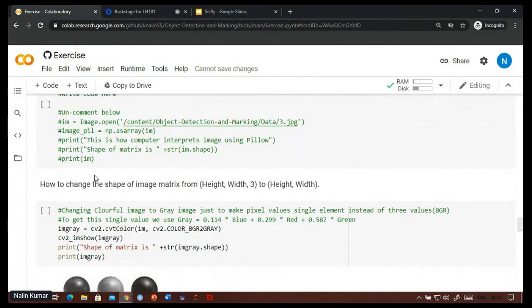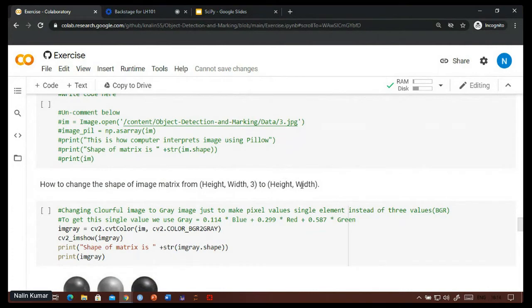Now let's see another thing: these matrices are really heavy while you are doing computations, like training or some pre-processing tasks, because they need a lot of resources. Currently the shape of these matrices is height, width, 3, where 3 is the channel: red, blue and green.